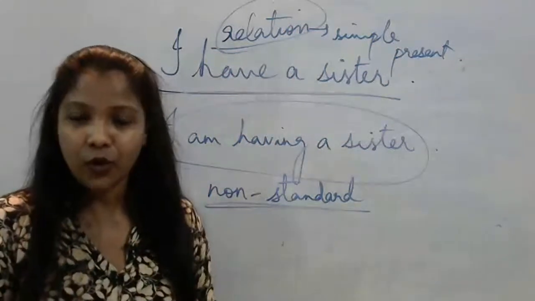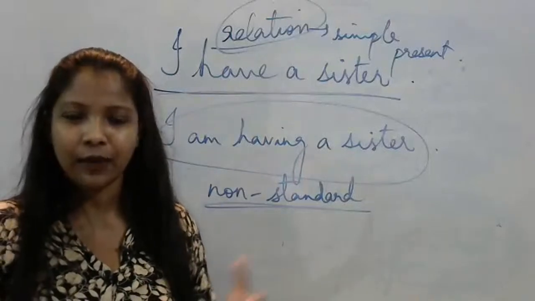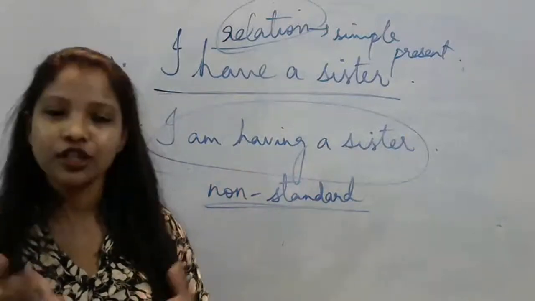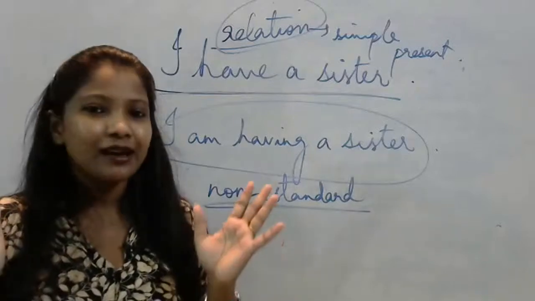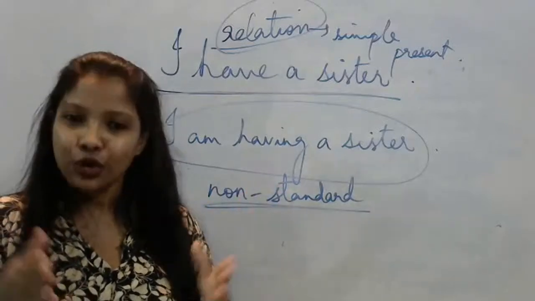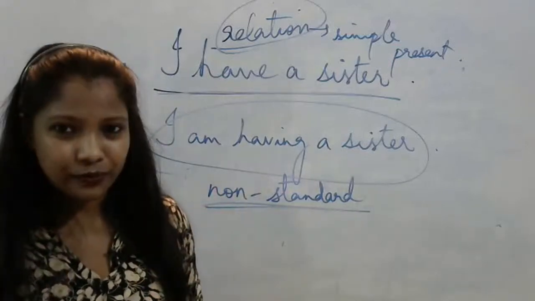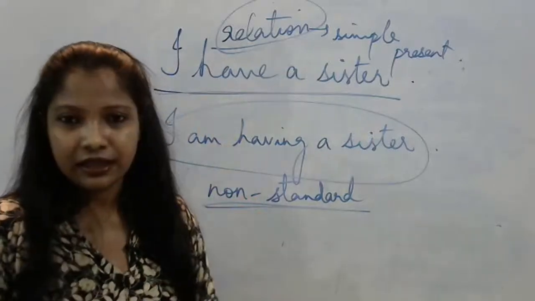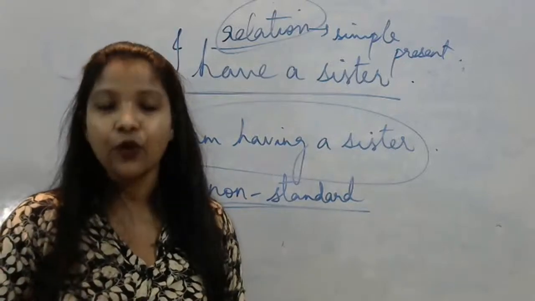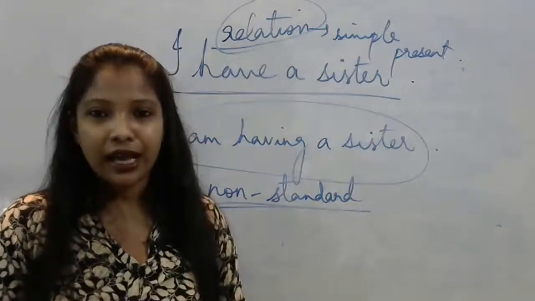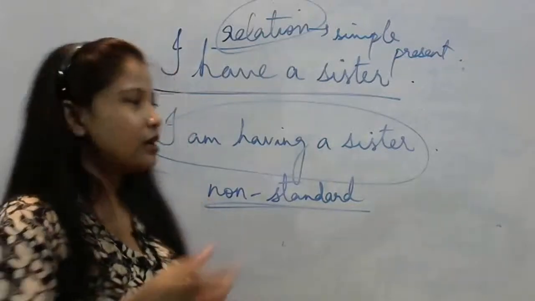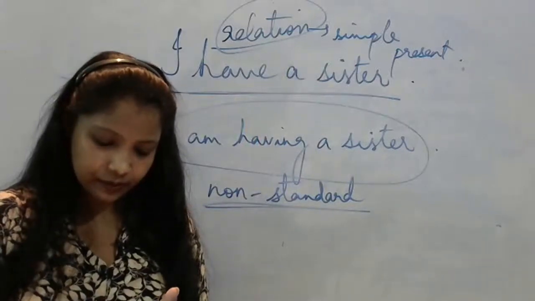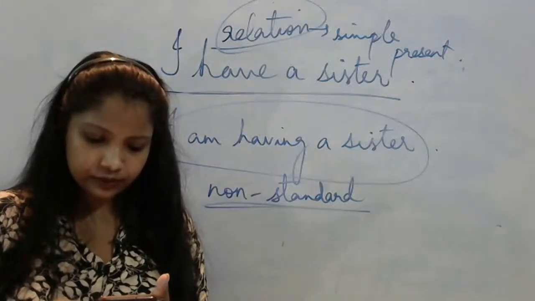It's like how you get fake news on WhatsApp and social media, and you have to filter out the right news from there. Similarly, you will find many people around you who speak English, but their English is not actually in the right structure. So it is your responsibility to correct yourself. As I said, it is not wrong, it is non-standard. If you want to sound smart, if you want to be accepted, and if you want to be called a good speaker in English, better follow this: relationships in simple present tense.